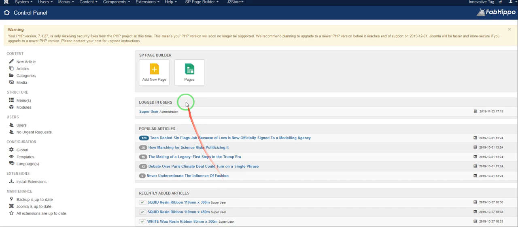Once you've logged in, we're going to add or edit a product in Joomla. You have J2 Store, which is the shopping cart. The unusual thing about J2 Store is it uses articles to display its products. So you go to articles,